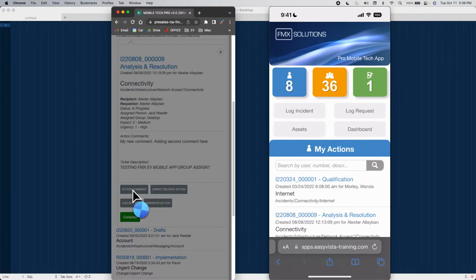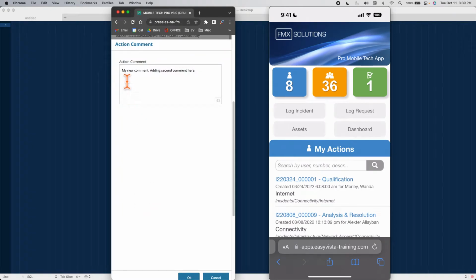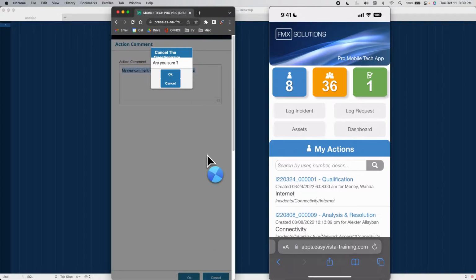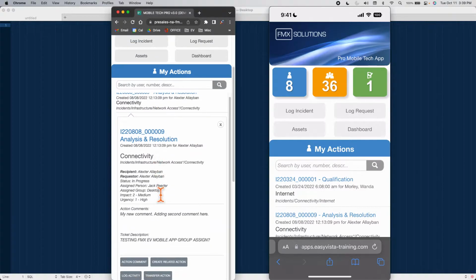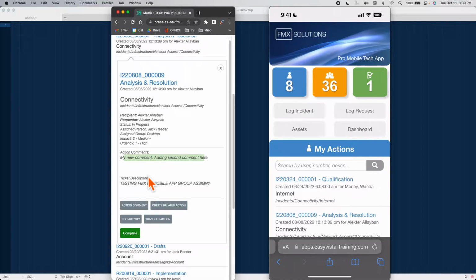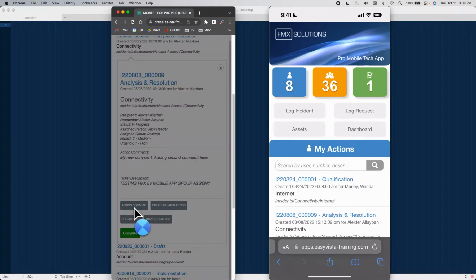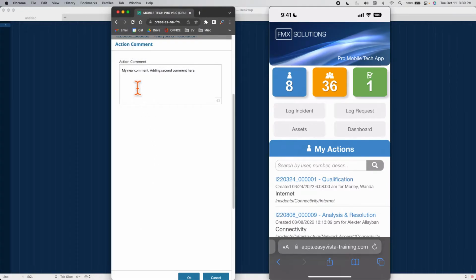The Action Comment button allows us to see the existing comment, which, by the way, you could see. Let me cancel this. I didn't point that out before. So in this action, here is the comment for the action. So I don't need to click the button to see the comment, but if I want to modify or update it, if I want to add my own notes, I could either log activity or I can modify the existing comment in the action. So I'll go ahead and update the existing comment. So here's the comment that was there. Let's say I want to change this to